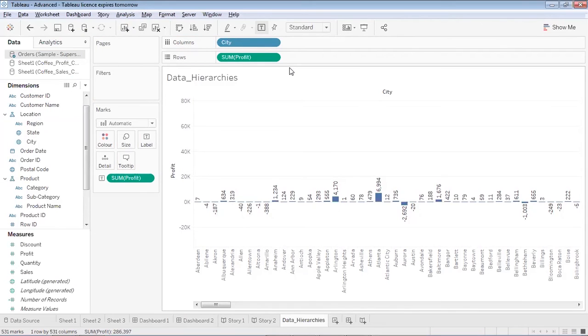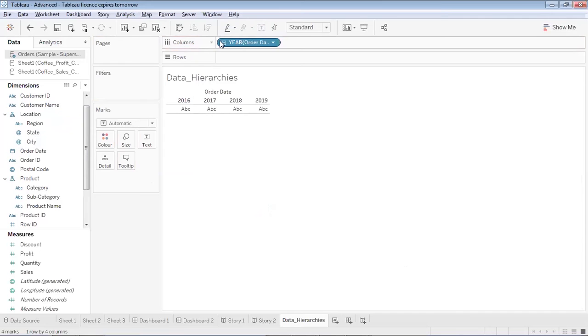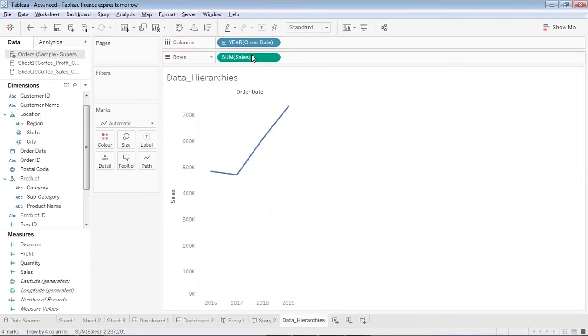Now, one thing over here, I'll remove all of this, and now let me use the order date field, which was there. So the order date field I have already has a hierarchy in it, and I'm placing sales over here. Now one thing you notice over here is